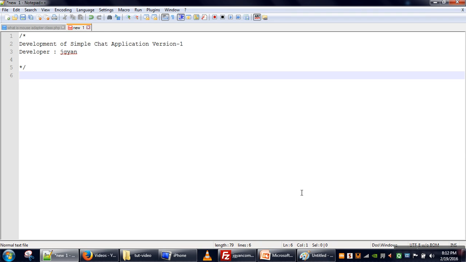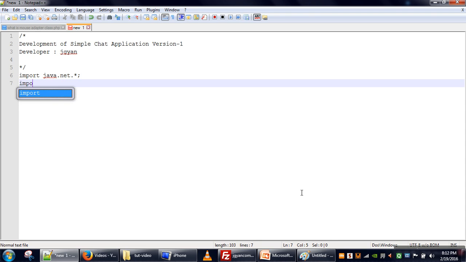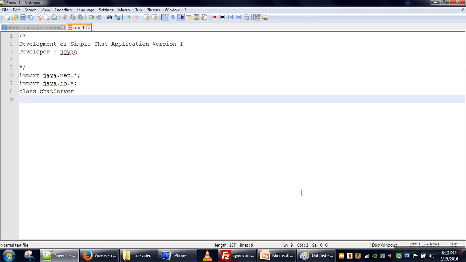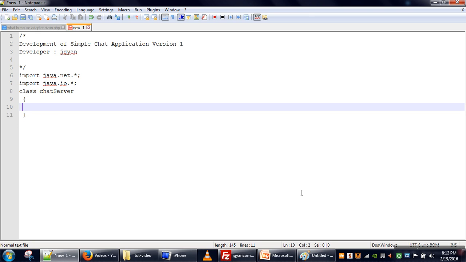So let's see how to create a simple chat server which will provide a chat facility between two machines. First of all, we are going to import the socket programming classes package, and second we need the IO package, and we will create a chat server. In this server, what we are going to do is define a main method,